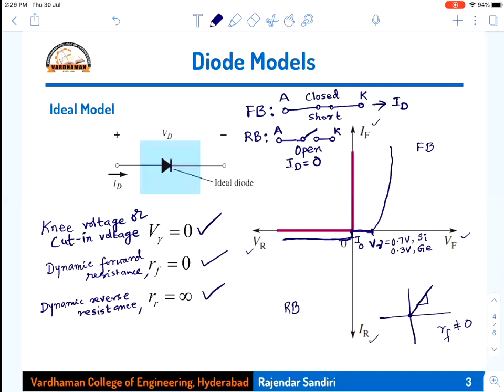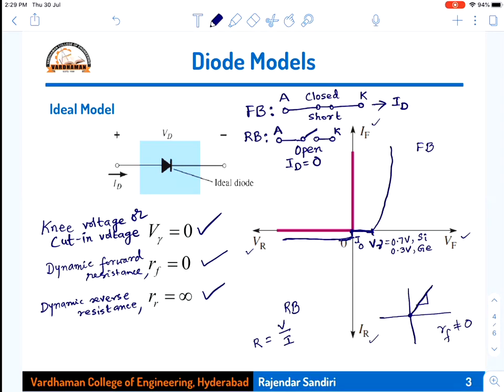Because resistance is equal to voltage divided by current. Voltage is nothing but what? The reciprocal of the slope. Actually, it is R is equal to V by I. So I can write it as slope is nothing but y equal to mx, right? Y is equal to mx, nothing but m is equal to y by x. So here m is nothing but 1 by R, and y is nothing but